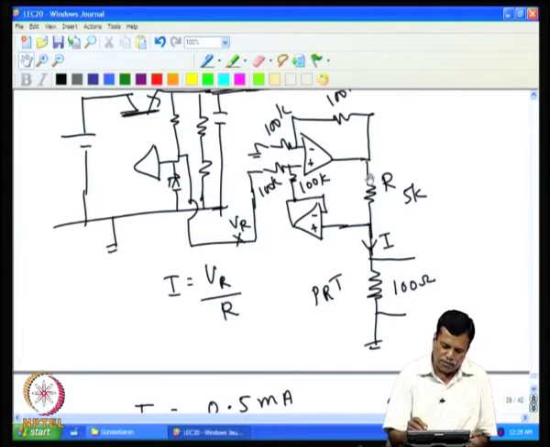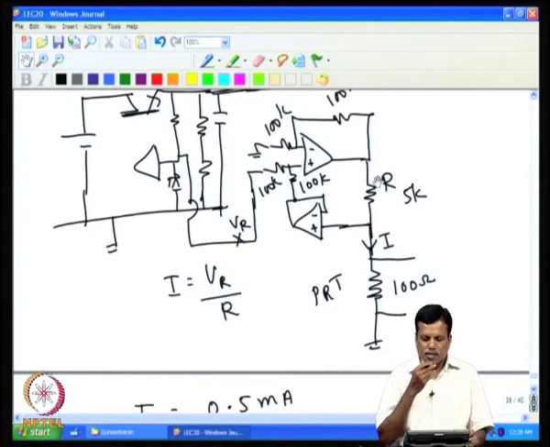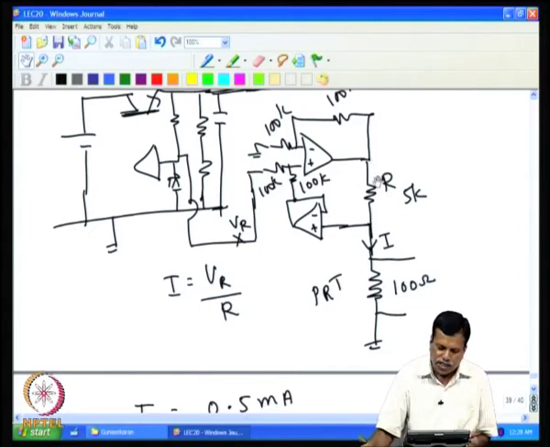So, if more current flows through this, the voltage at this point decreases, that makes this voltage decrease, and that makes the output decrease. Similarly, when the current is less, this voltage goes up, and this makes this go up, and it will push the output voltage high. Like that, the current is self-regulated, and you will have a constant current source